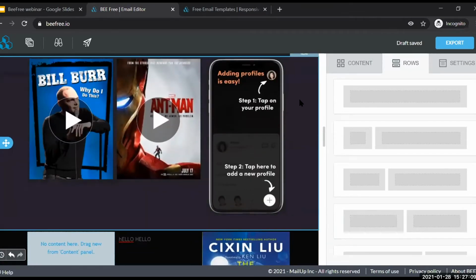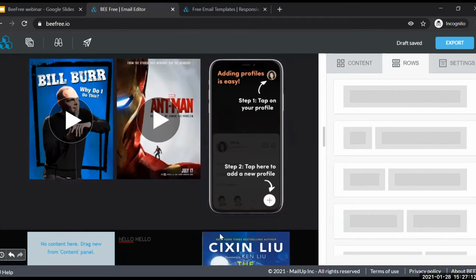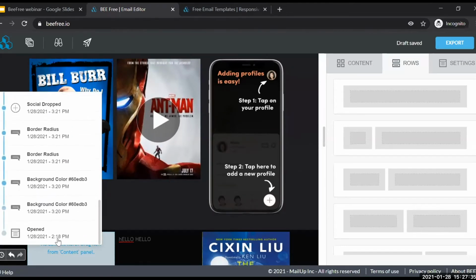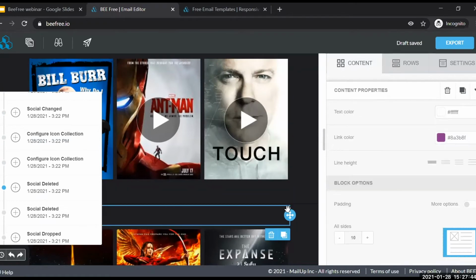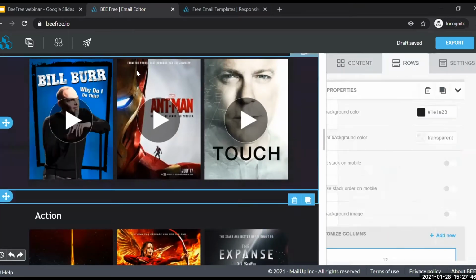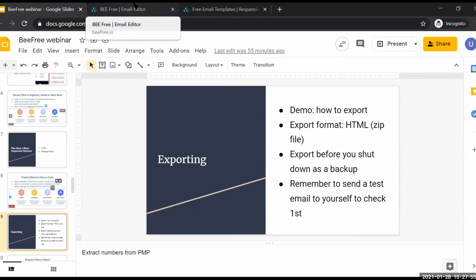The last few things: how to undo, very important. The next two most important buttons are the undo button. On the bottom left, you see these 2 small arrows. One is undo and one is redo. These are for undoing one step at a time. If you want to go back further, click on this clock icon just next to the arrows, and then you get to access the history right from the moment you open this template. So let's say I want to revert to this point in my edits. It will go back to that point now. It's like a version history. Okay, how to export. Once you're happy with your EDM,